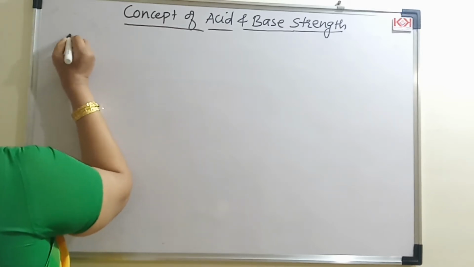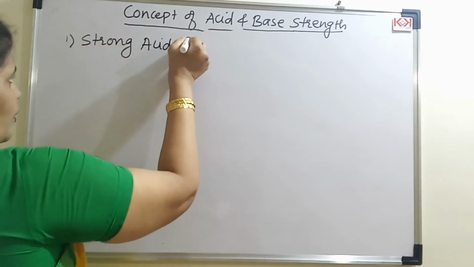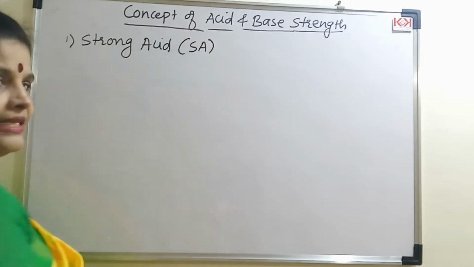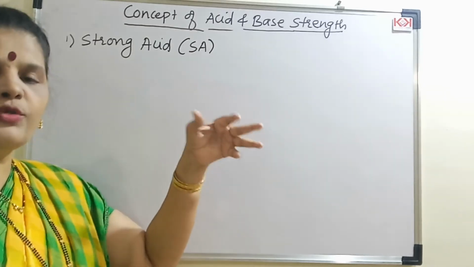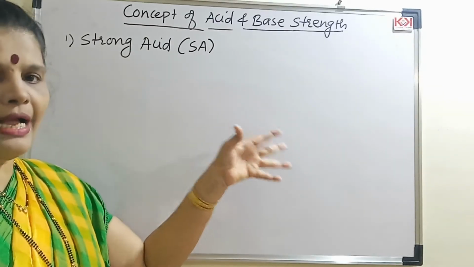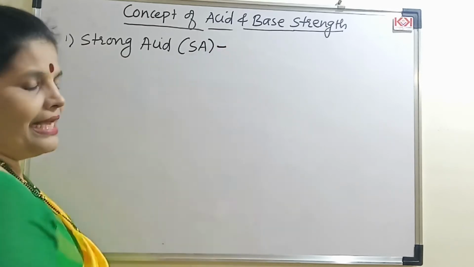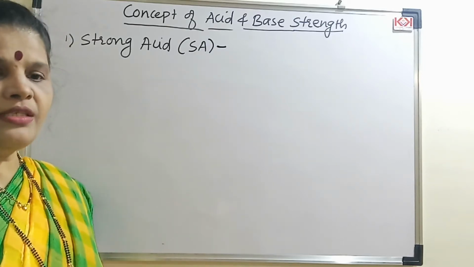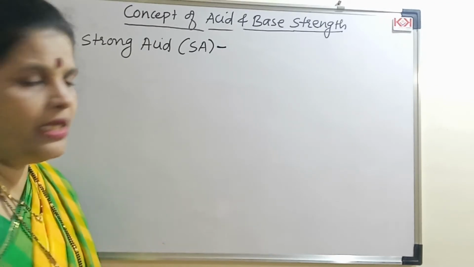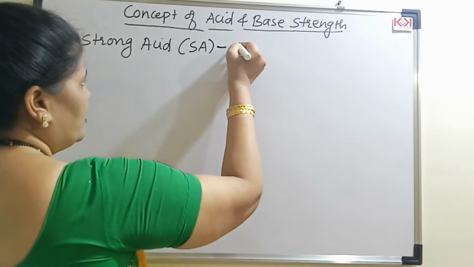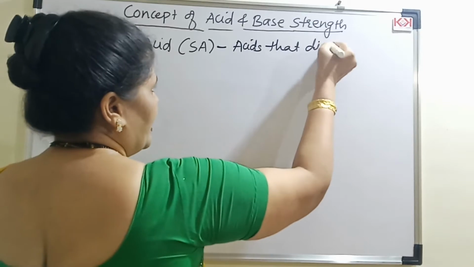So let us see the first one, that is strong acid. Usually a strong acid will be denoted by SA. We need those short forms to understand and dissociate the reactions when we go for hydrolysis. So I am using this as strong acid. Now what is a strong acid? An acid or a substance which, when dissolved in water, dissociates almost completely. So I will write the definition here. Species or acids that dissociate